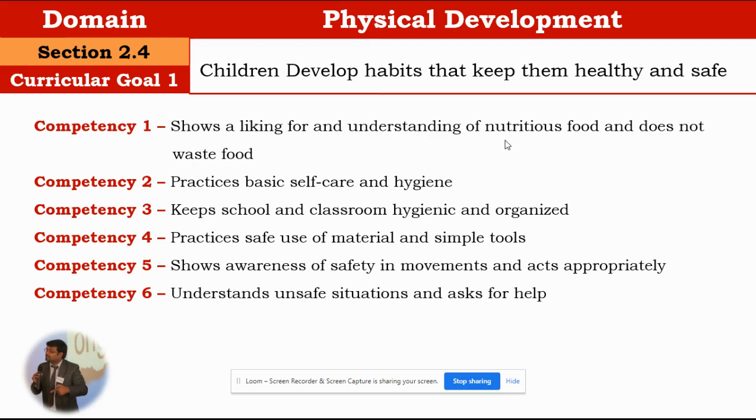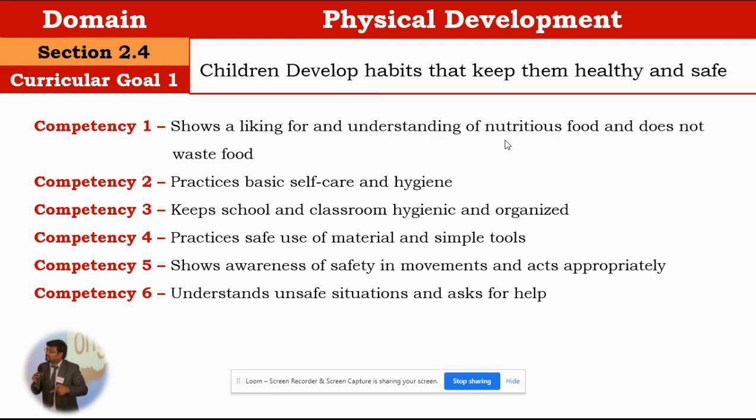Competency number five shows awareness of safety in movements and acts appropriately. It means the child understands road safety as very important knowledge that has to be understood and practiced. While crossing the roads, holding hands of adults, walking on the road side is important, following safety rules, looking both ways while crossing the roads, recognizing safety symbols,